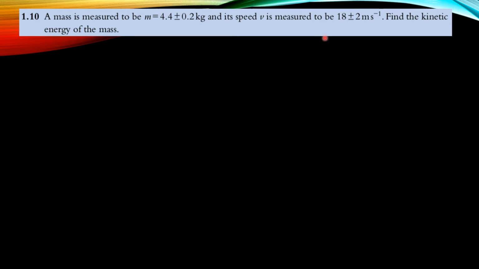That's easy enough. The kinetic energy is, we know, a half times the mass times the speed squared, which is 0.5 times 4.4 times 18 squared, 712.8 joules. Now, to work out the fractional uncertainty on the kinetic energy, we're going to need the fractional uncertainty